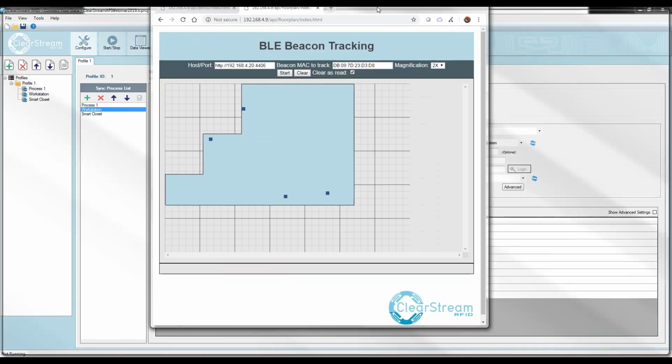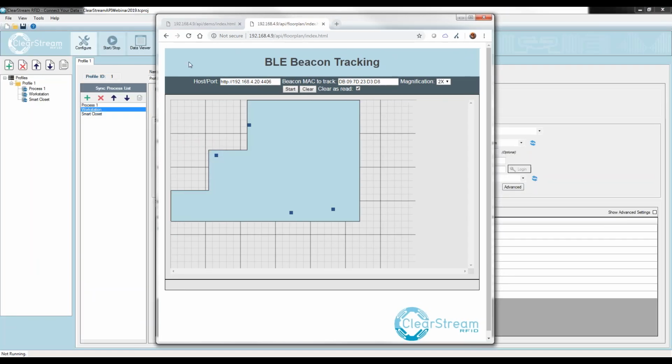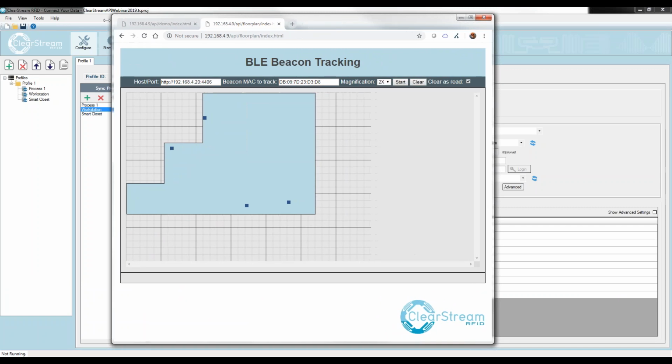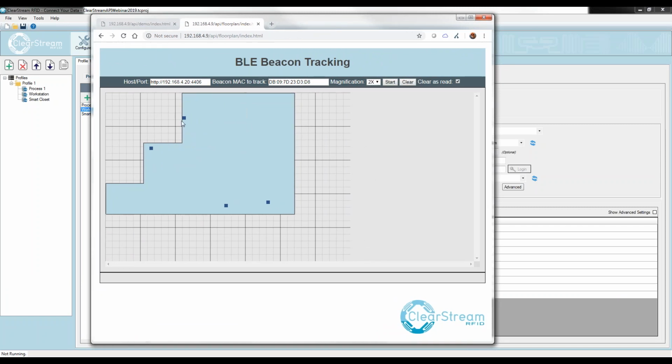So here, this demo will probably be releasing. The problem with this is it's very specific to your environment. But through the API, like I showed you, you have access to all of the different RFID tags, HF tags, UHF tags, things like that, but also beacons. So you can see all of the beacons that your gateways are currently reporting. And along with those beacons, you can see the RSSI, or that signal strength, which then allows you to calculate